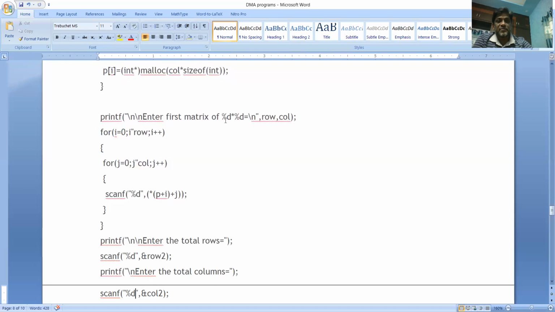You can ask like that, mentioning the size, %d by %d, saying row by column. For i equal to 0, i less than row, i plus plus, for j equal to 0, j less than column, j plus plus, scanf of %d. This is *(*(p+i)+j), which can be written as p[i][j] also. So p[i][j] can be used here instead of this.